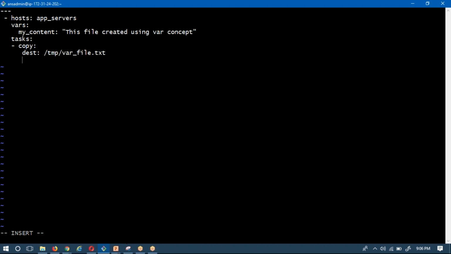Then what is the content I want to write into that? So content. Here destination and content are the arguments of your copy module. That's it. Now what is my content? I want to write this information into my file, but it is held in this variable. And if you want to write this variable's information inside the file, you have to write it like this. This is the syntax you have to follow. Whatever information is in that variable will be copied into this file. Now this is my simple YAML script or playbook to create a file with some content